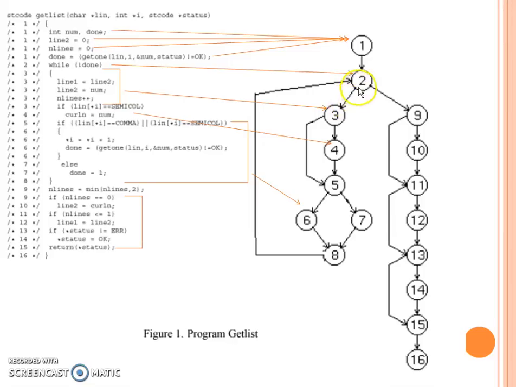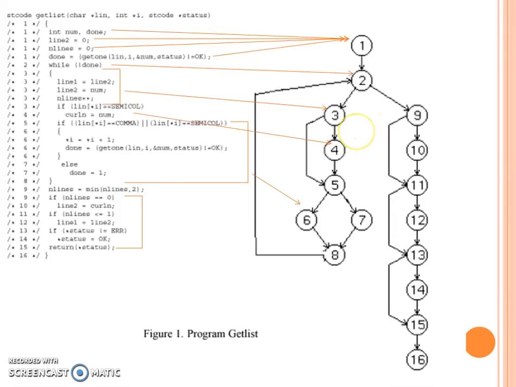Finally, when the while loop body ends, it moves back to condition number 2 to be executed. So this is where node number 8 ends. Once it ends, it will reiterate and go back and check the while condition. If it is true, it will again execute the whole block. If it is false, it will go out to 9. So this is the line which is shown here from 8 back to 2, and it will execute this whole part. Once it becomes false, it will come out and enter node number 9.